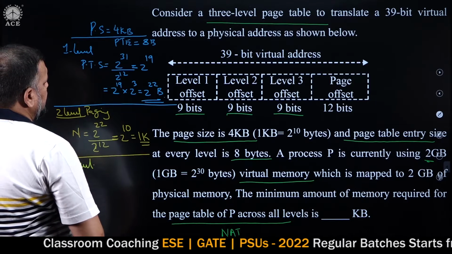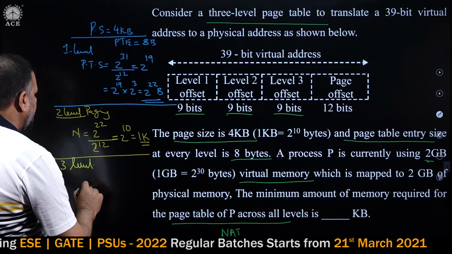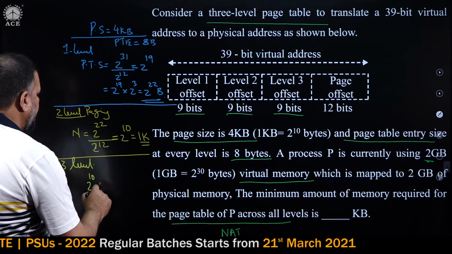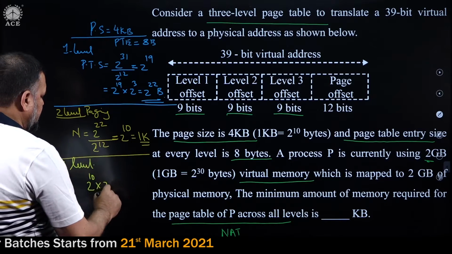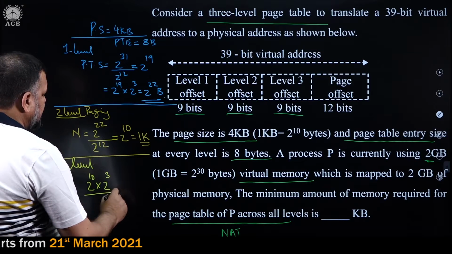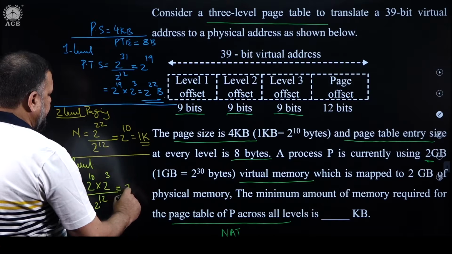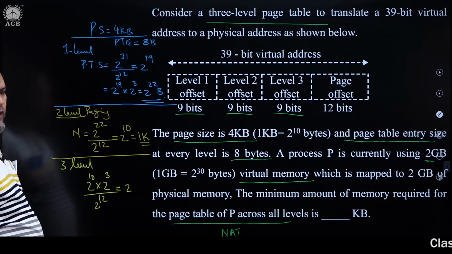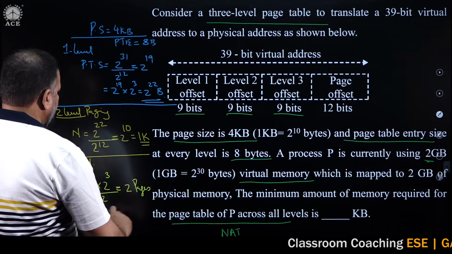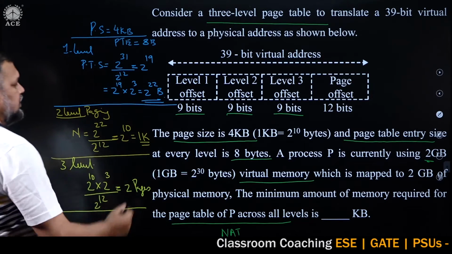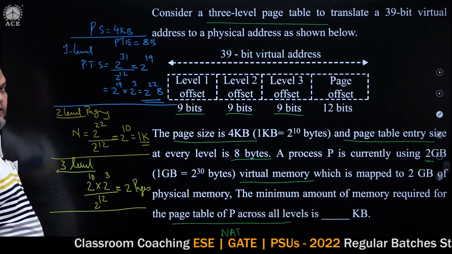What is the size of the page table? These are the number of entries. So, what page table size would I have got? 2 power 10 into 2 power 3, because these many pages are there, those many entries multiplied by the entry size 2 power 3. This has to be divided again by 2 power 12, which is 2 power 13 by 2 power 12, 2 power 1, 2 pages. The page table at the second level gets divided into 2 pages. So, 1K pages plus 2 pages at the second level when I go for 3 level paging.